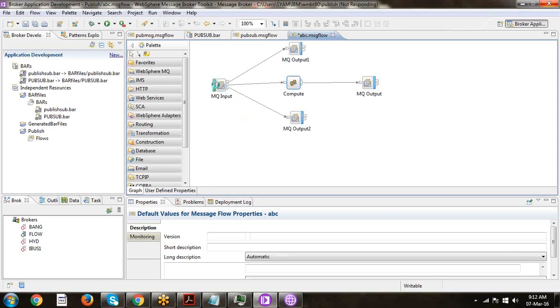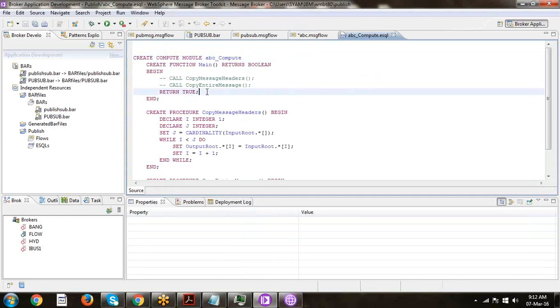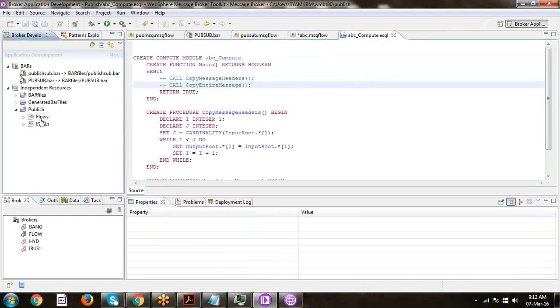I can export it and you can import it. Just a few lines of code I am executing. The same code I will provide to you, so you can design it in your toolkit.